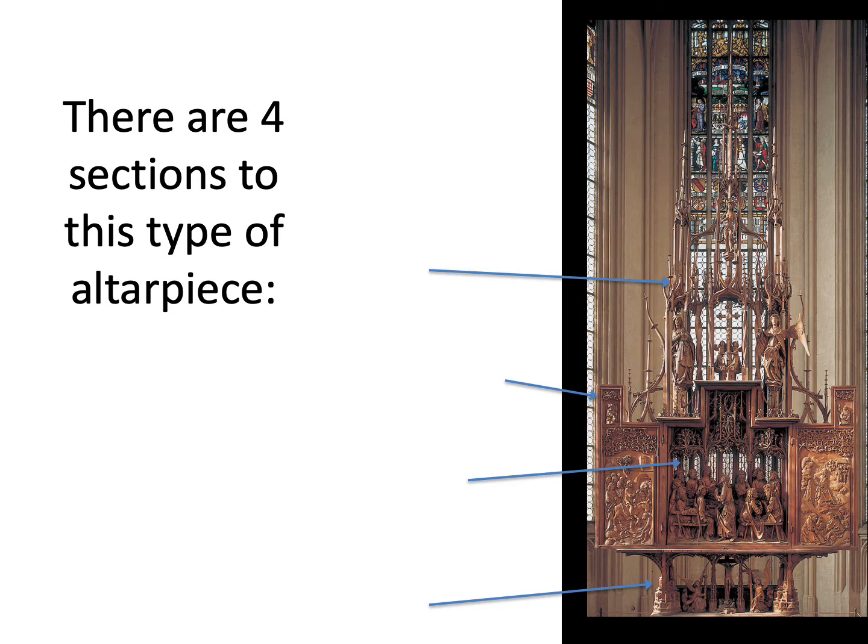Here you can see the different types of sections to the altarpiece: the tall superstructure, the central corpus, and the hinged wings on the right and the left. They open and close just like the Portinari altarpiece did, just like Robert Campin's altarpiece did. The one that you have seen closed is the Ghent altarpiece. And it features the predella, which contains sculpture to raise the corpus above the altar.